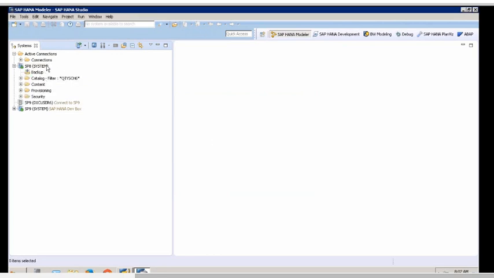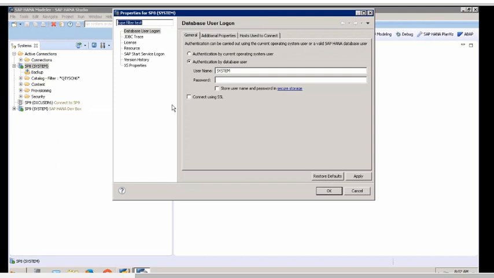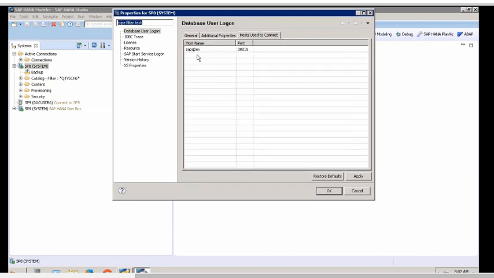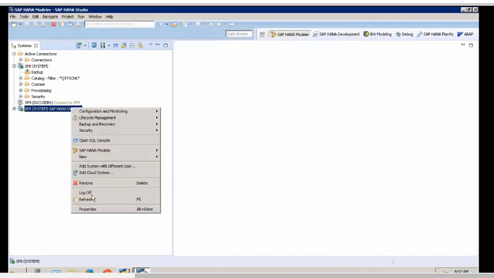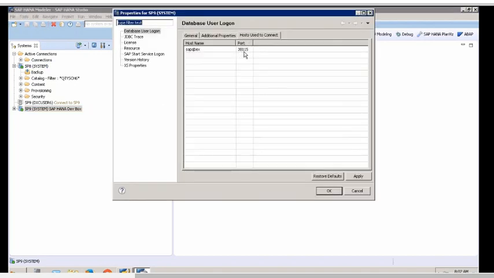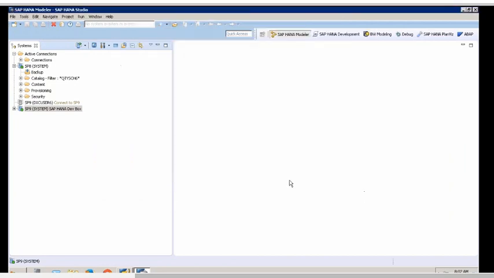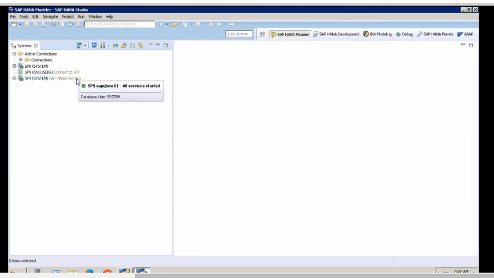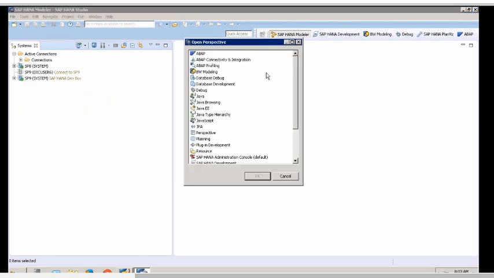This is one HANA database. Look at this, when you keep the cursor on it, you can see the properties. You're connecting to 30015, so the instance is 00. But if you see this connection, you're connecting to 30115. For me, the server name is the same, but the instances are different. So like this, once you have the studio, you can get connected to n number of servers. This is your HANA Studio, which is an Eclipse-based tool. And this will have a concept called perspective. See, look at this.